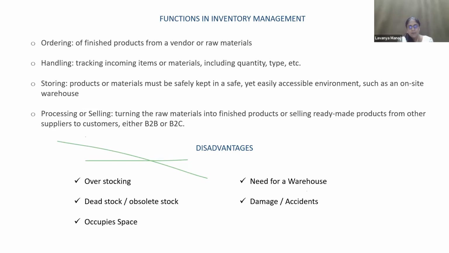Few companies, like production companies, don't have a warehouse at all, so they directly sell to the customers from the factory. It goes directly to the customers through the retailers or wholesalers. The product is getting directly distributed to the customers. So in that case, there is no need for a warehouse at all. There is no need for inventory storage at all.